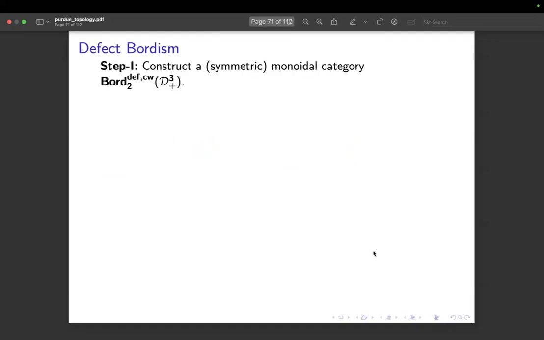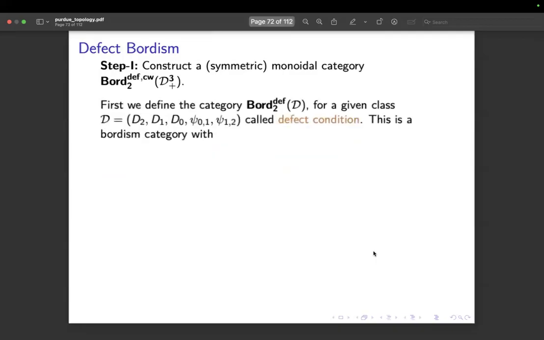Okay. So the first step is to construct a symmetric monoidal category, Bord_2^def(D). So here there are some symbols which I'm going to explain now. So first we define the category Bord_2^def(D). Bord 2 is the dimension, so it's the 2-dimensional defect bordism. So 2-bordism with defects, and D is the defect condition, which is a class. So D2, D1, D0. One should think that